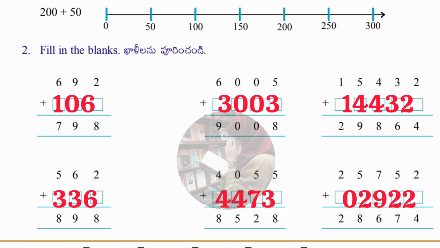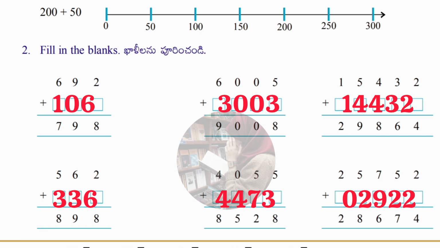Now I'll tell you the second method also. Here 692 is there, 798 is there, and the middle number, the second number, is not there. What will you do? For 2, what number should be added so that it becomes 8? If I add 6, it will become 8. Here 9 is there, and in the answer also 9 is there. If I add 0, then 9 will be the same. And lastly 6 is there, and in the answer 7 is there. What number should I add so that it becomes 7? I should add 1.